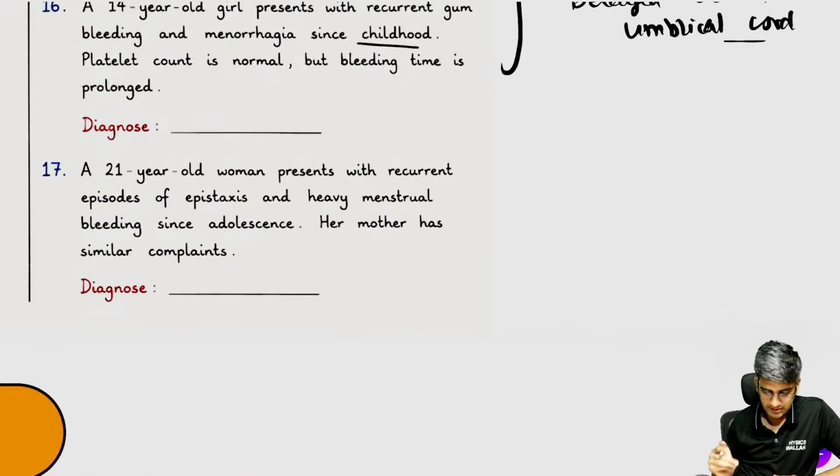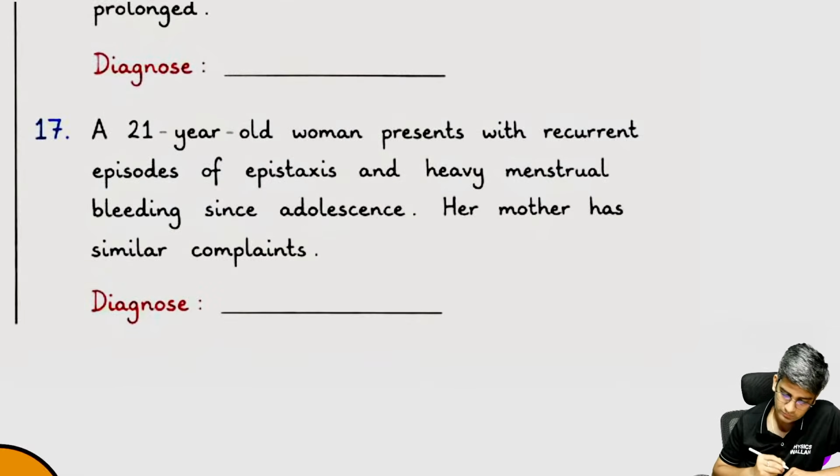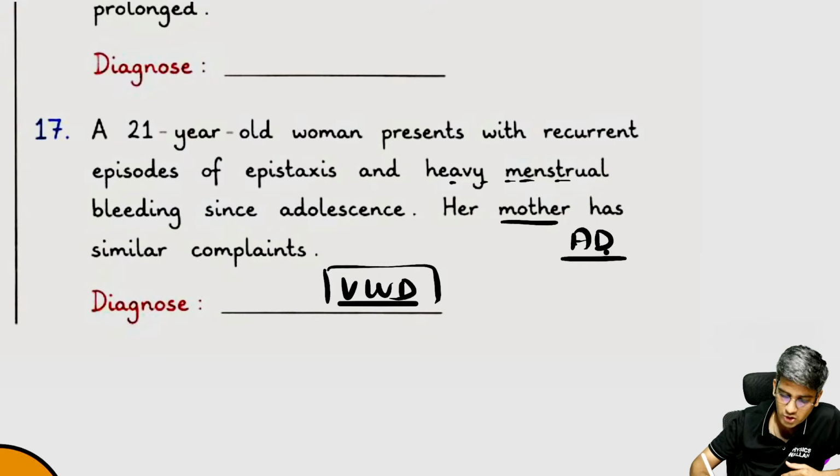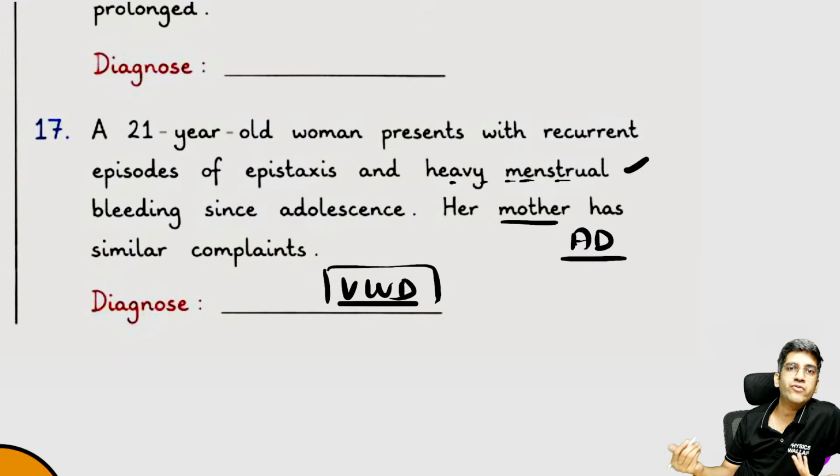Fine. The last but not the least, mother having menstrual problems, von Willebrand disease. Provided it's a hematology question. It can be anything related to the female genital tract also, right? If there's an option of all the hematological diseases, then I'll go to von Willebrand disease. Mother points to autosomal dominant inheritance, menstrual irregularity. That's the common way von Willebrand disease presents.